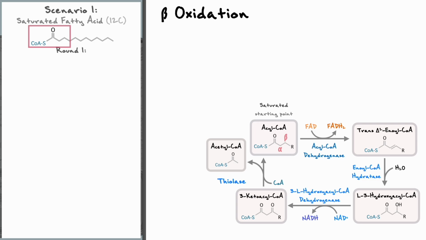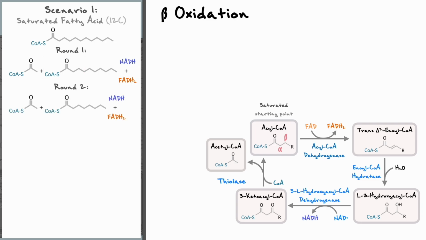Now, after one round of beta oxidation, our 12-carbon acyl-CoA is shortened into a 10-carbon acyl-CoA, and this generated one molecule of acetyl-CoA, one molecule of NADH, and one molecule of FADH2. In the following rounds of beta oxidation, the degradation will again be carried out at the first three carbons. Since the same reactions will take place, we can predict that after the second round, another acetyl-CoA, NADH, and FADH2